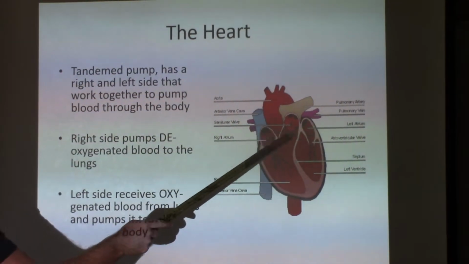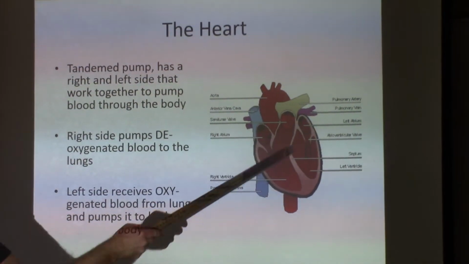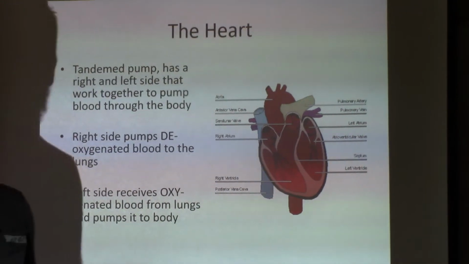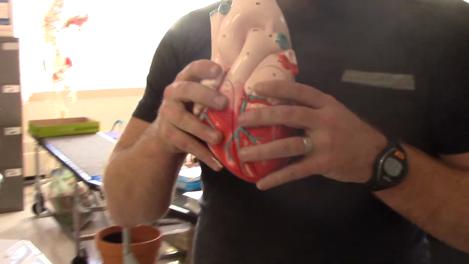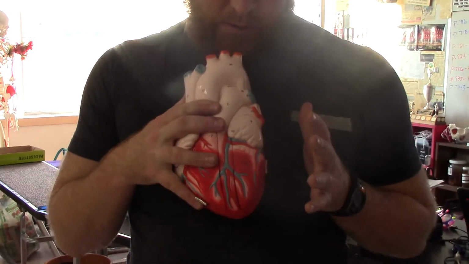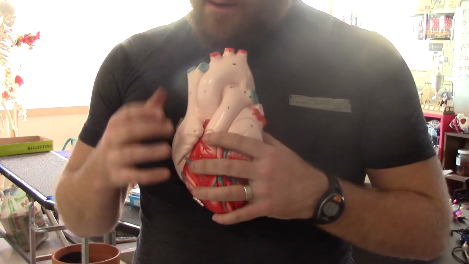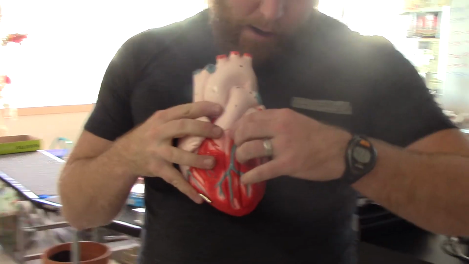So there's a right side and there's a left side. So I'm going to pull up this heart model, okay? So the heart actually sits right in your body like this, right below your sternum. Your heart is not this big. Your heart is about the size of your fist, okay? Now if I open this up,